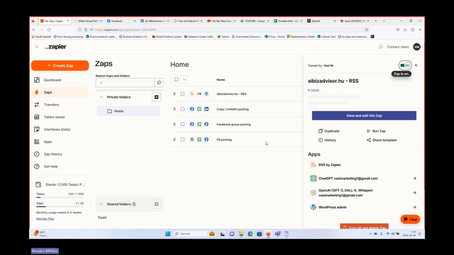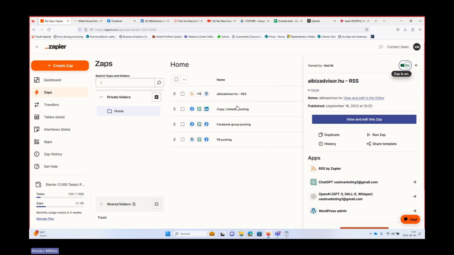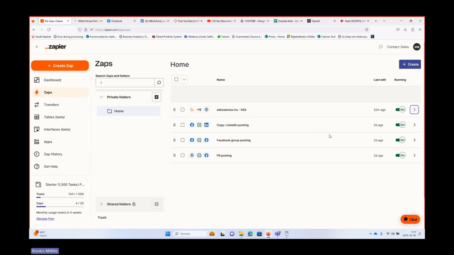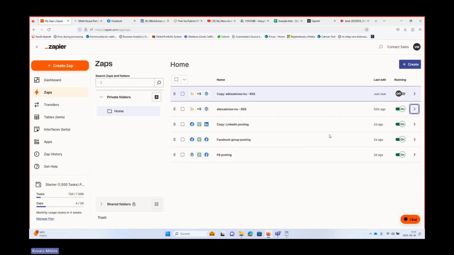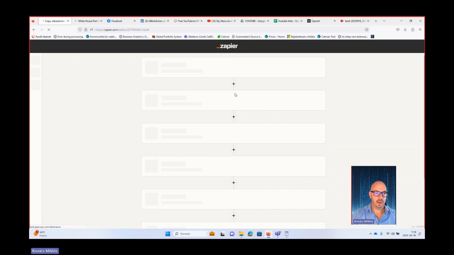So it's a nice feature that you can always duplicate your Zaps and then adjust it according to your needs. So let's click on duplicate. Within a few seconds, you will see it's the copy of this Zap. I can click on that, rename it.